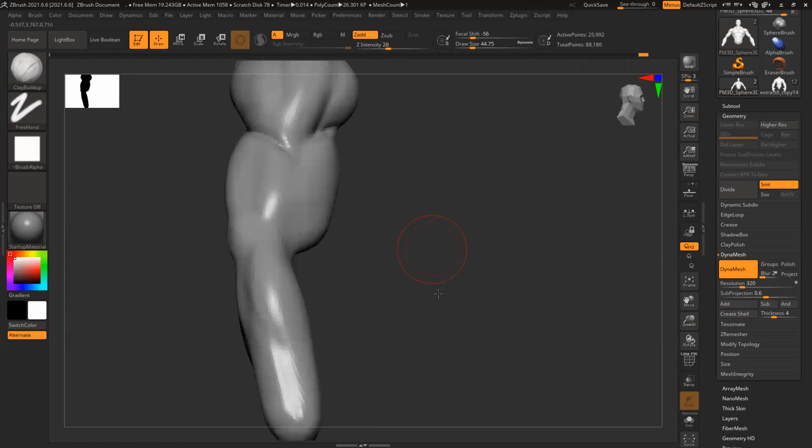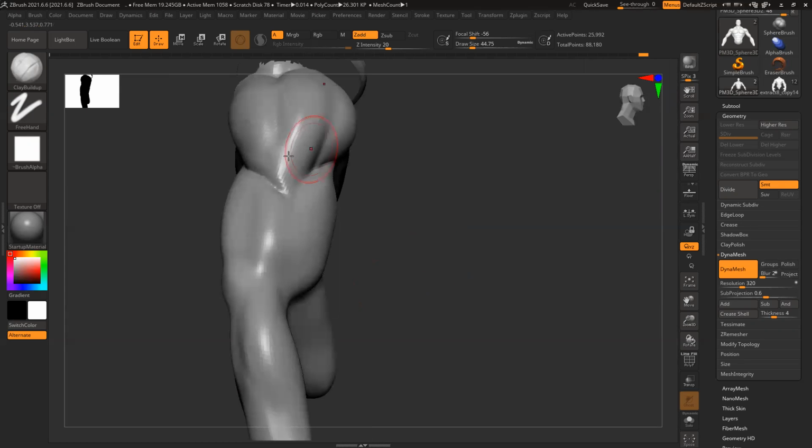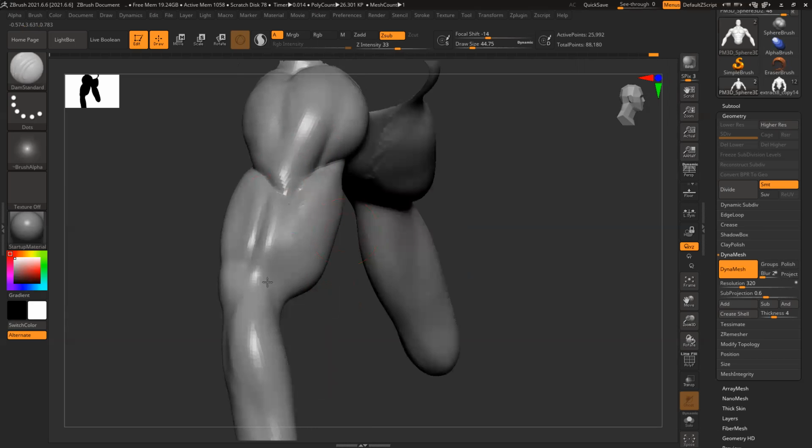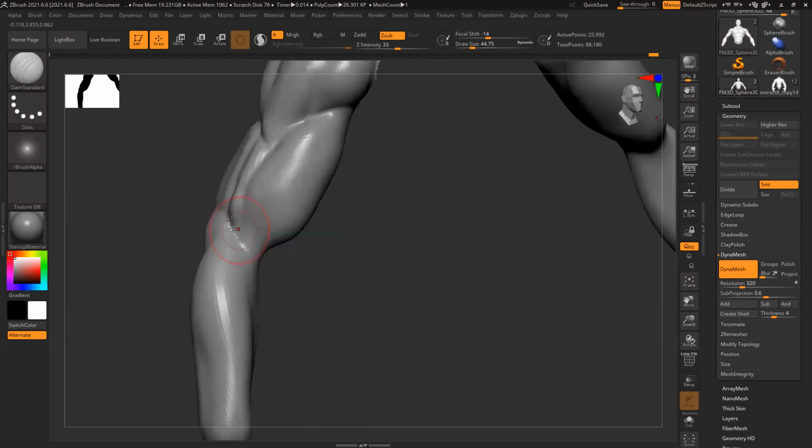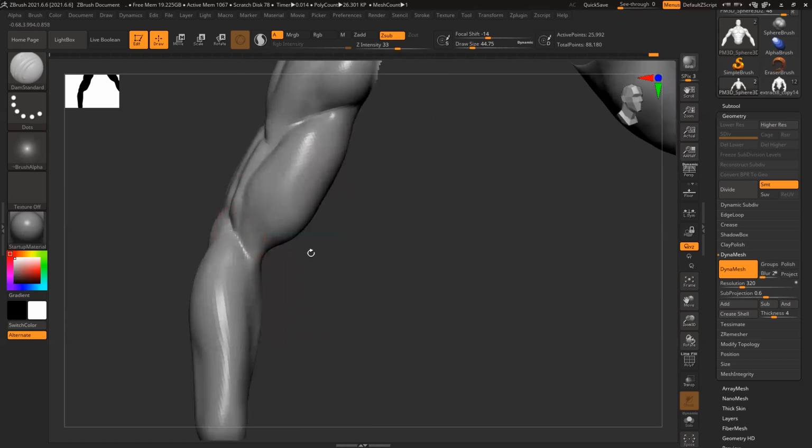And so your biceps is ready. Wherever your deltoid ends, there is a separation between your biceps and your triceps, and this muscle extends to your forearm basically.